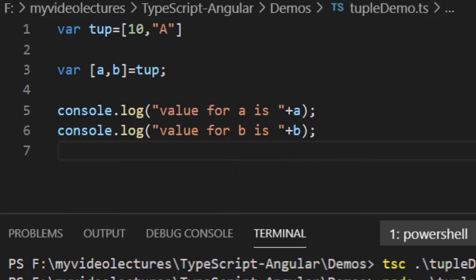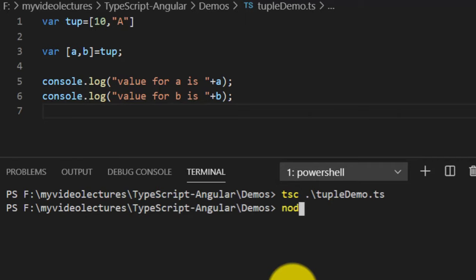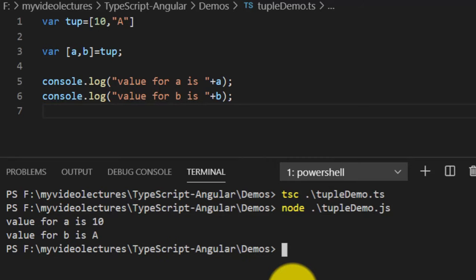Now check the code. This is for destructuring. First I clear the screen, compile it. Look here, value of a is 10 and value of b is a, correct?